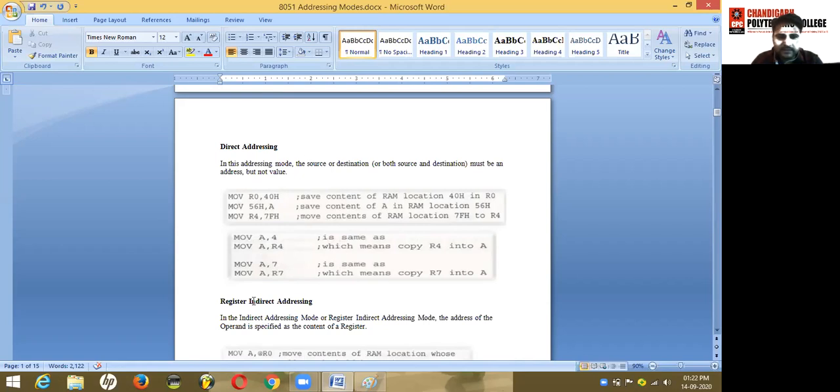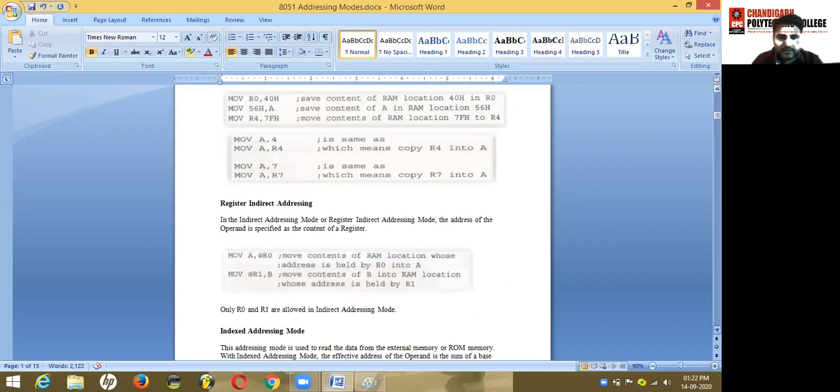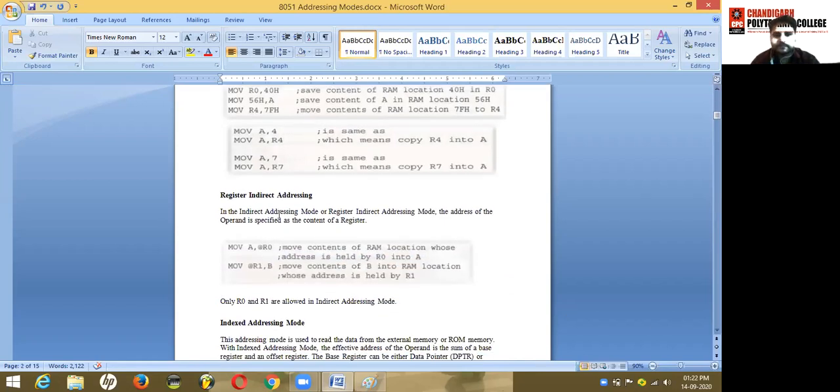Next comes the register indirect addressing mode, or indirect addressing mode. In this addressing mode, the address of the operand is specified as the content of the register. As shown in the example, MOV A, @R0. This instruction shows that you are going to move the contents of the RAM location whose address is held by R0.